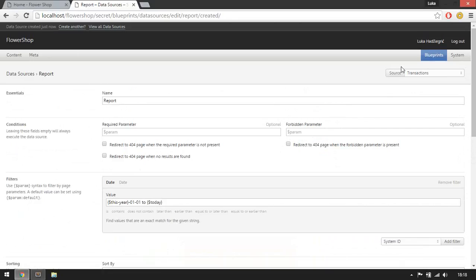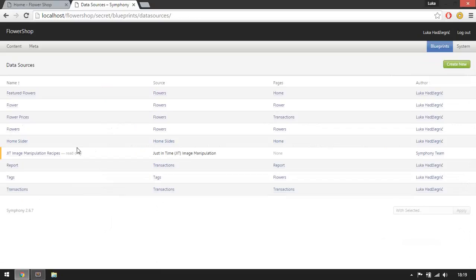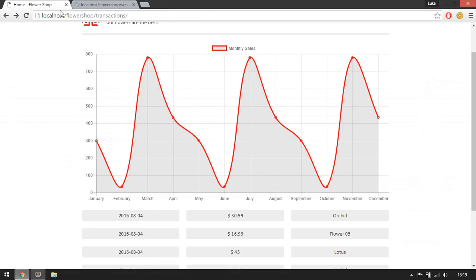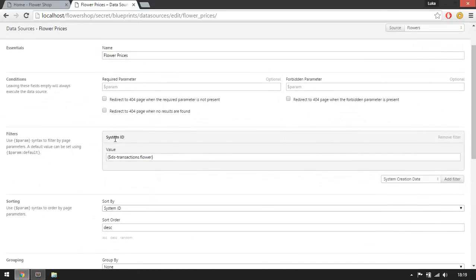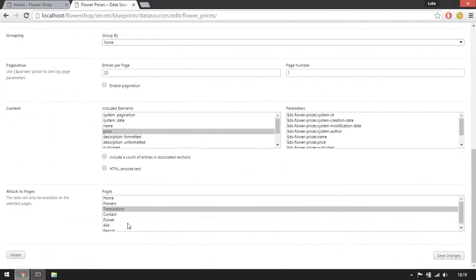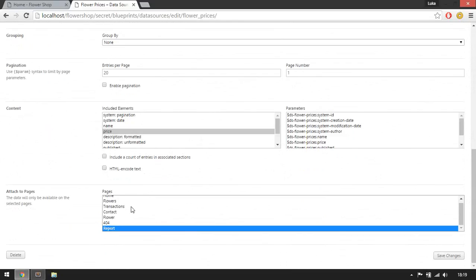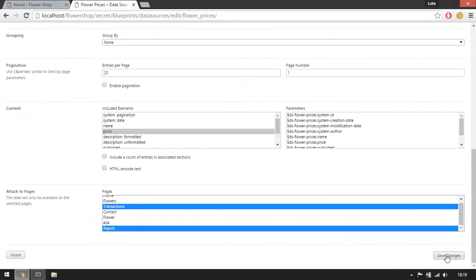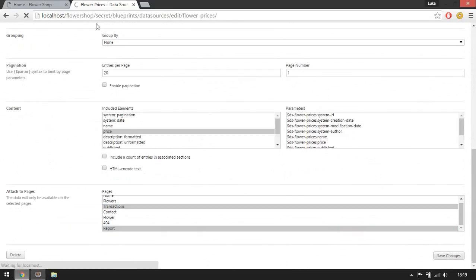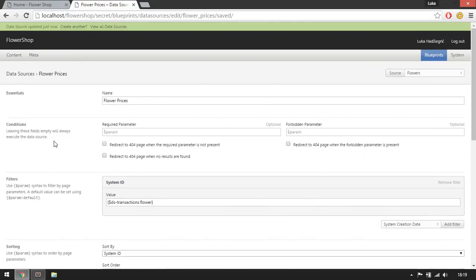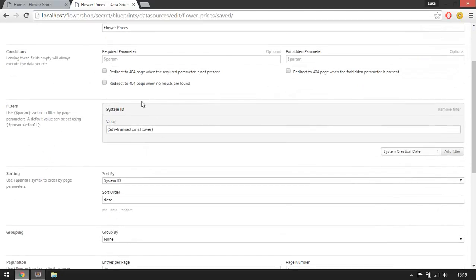Now we also want to get a data source that we have already created in a previous video called flower prices. We want to include this data source on our report page as well. So let's include this on our report page and transactions. So save changes. But this will not work exactly as intended because we haven't done any data source chaining yet. We have done data source chaining with DS transactions, but we have not included